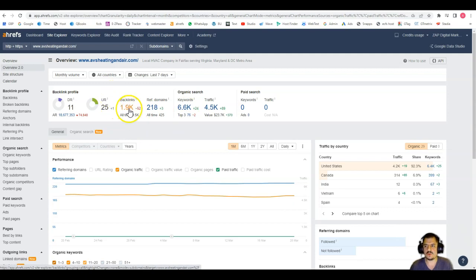Now, what are backlinks? This is very important. Backlinks are other sites that mention your website so you can be popular in the eyes of Google, because showing up on Google is like a popularity contest. The more people you get to talk about you in a positive way, the more relevant you're going to become, the more steps you're going to climb, right? But this is based on the content and the keywords that you're targeting, because this is how they're backing up, saying that yes, you are who you're saying you are, trying to target these keywords. That's some setup. So let's see what kind of keywords you are being found for based on the backlinks and the content that you have, right?